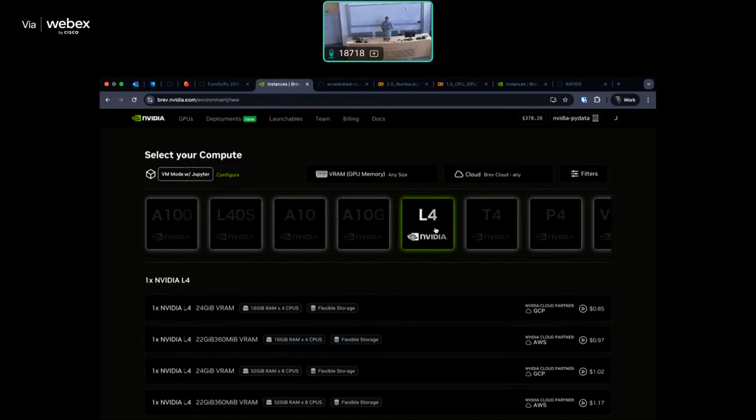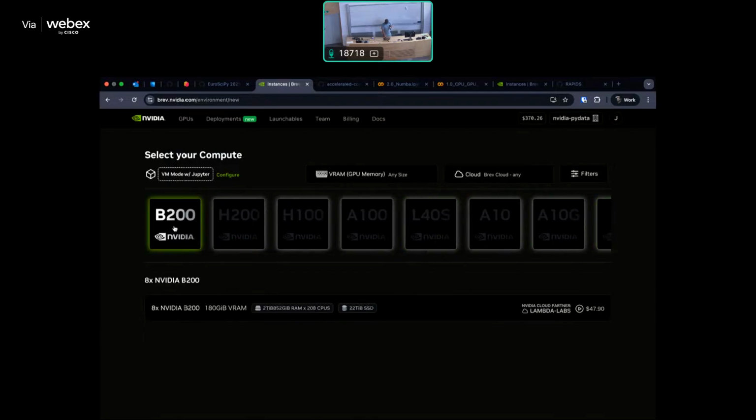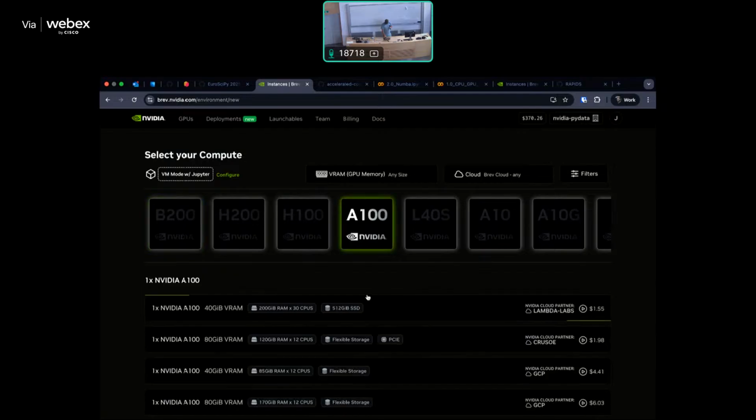I'm going to pick an L4 because it's slightly more modern, costs about 85 cents an hour, and you've got about $3 of credit. If you want to make your credit go a bit further, you could pick a T4. You'll maybe get twice as much out of that. You could also pick an A100 and get about 2 hours out of it. It depends what you want to do and play with. These are just different power of GPU. The A100 will run more code faster than an L4, but for what we're doing learning wise, an L4